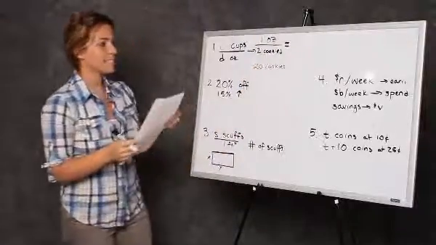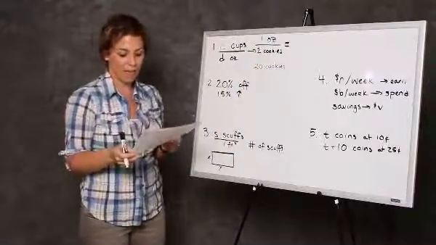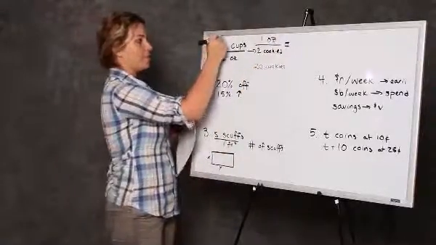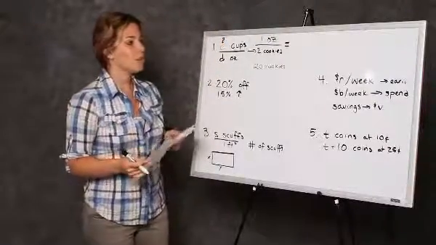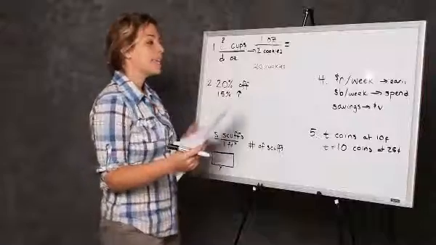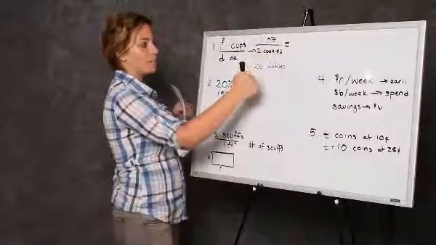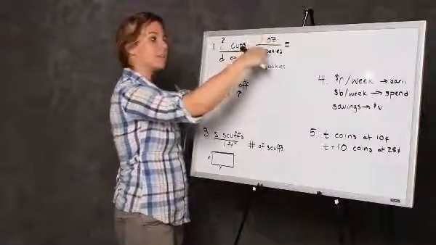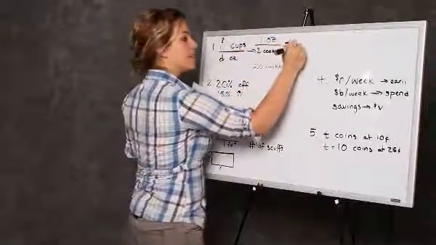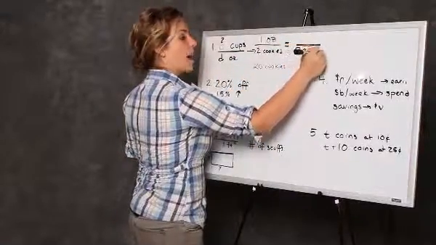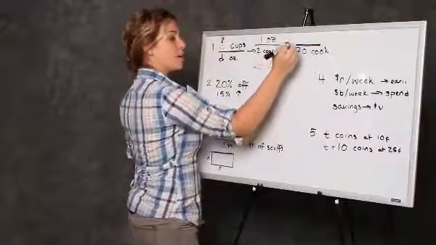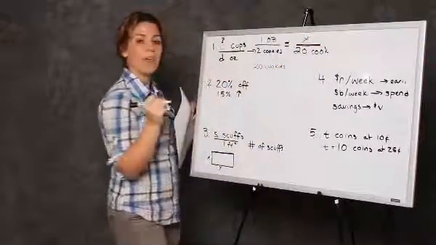they're asking us how many cups of flour they need. So this is the variable that they're asking us for. So what we want to do is work out this ratio. So if 1 ounce makes 2 cookies, then we know that we can figure out how many ounces will make 20 cookies by setting up that basic